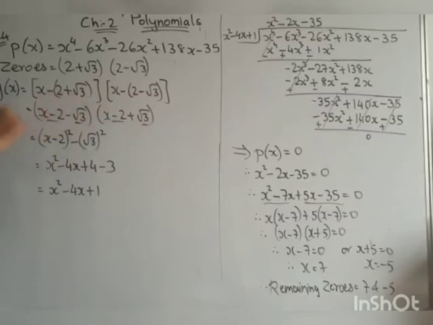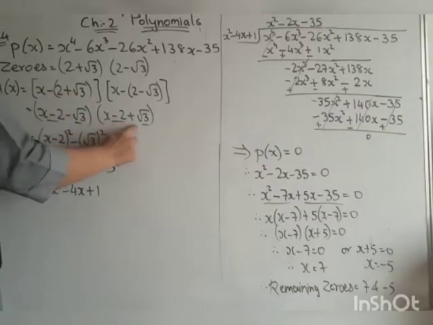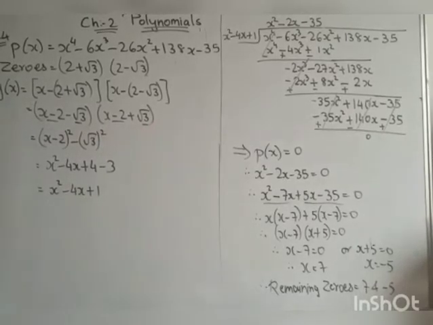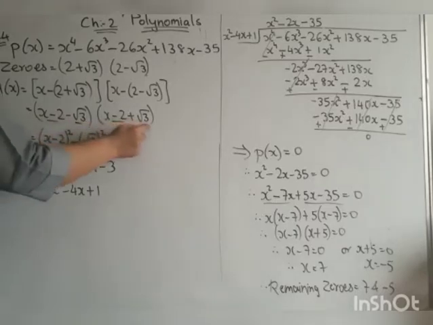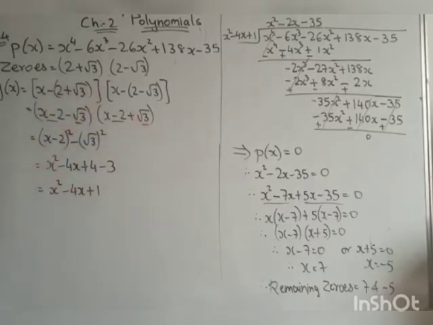So here you can see, by opening the bracket, what you will get? You will get x minus 2 plus minus root 3, and here you will get x minus 2 plus root 3. Now children, here you can see x minus 2, root 3, here minus and here plus. So which formula? The formula will be (a minus b)(a plus b) is equal to a square minus b square. That means (x minus 2) whole square minus root 3 square.